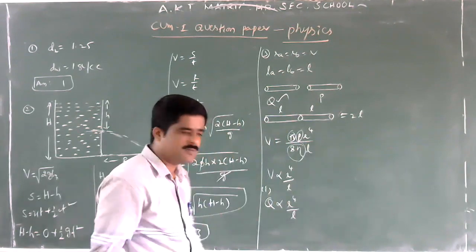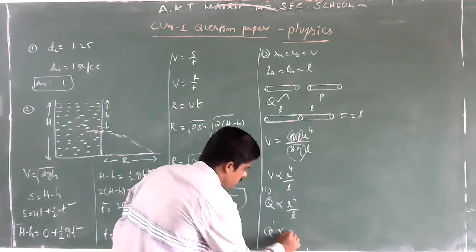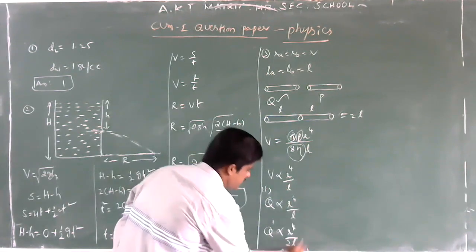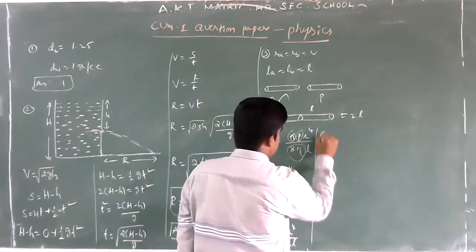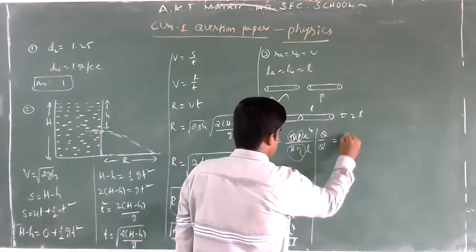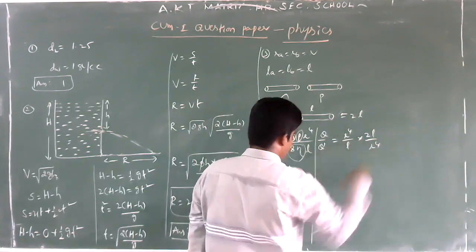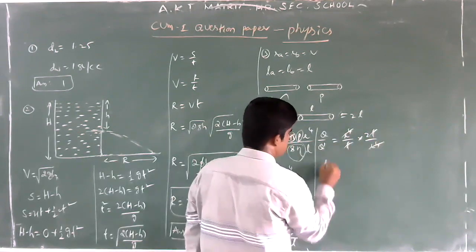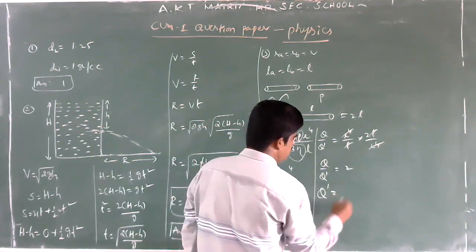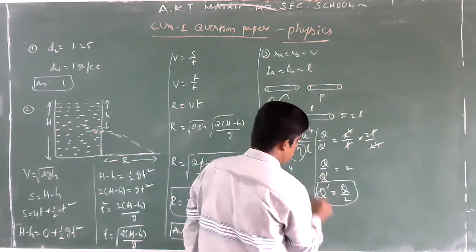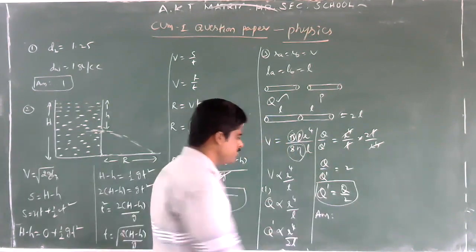But the radius remains the same. So in the second case, what is the rate of flow of fluid? Q dash is proportional to r power 4, radius is the same constant, by the effective length, which is 2L. Okay. Now from these two equations, Q by Q dash is equal to r power of 4 by L in the numerator, and in the denominator, r power of 4 by 2L, where r power of 4 and L get cancelled. Q by Q dash is equal to 2. But we want Q dash. Q dash is equal to Q by 2. So the rate of flow of fluid becomes half. So which option is correct? The first option is correct.